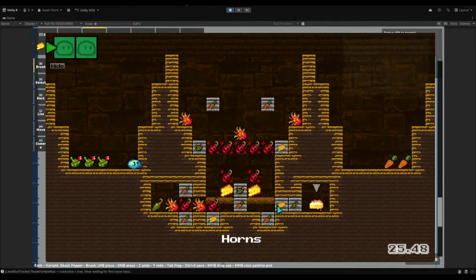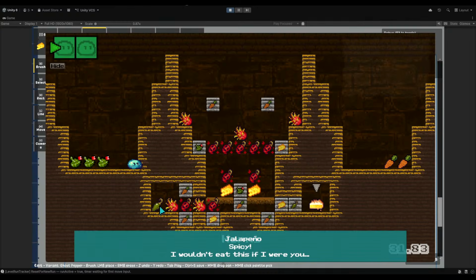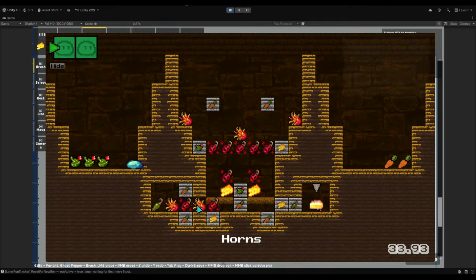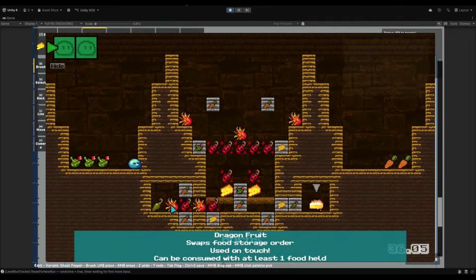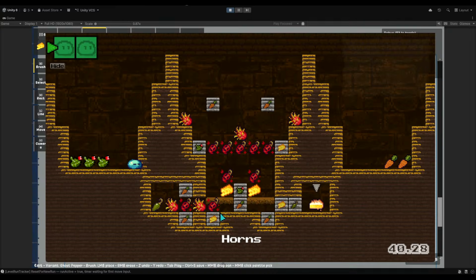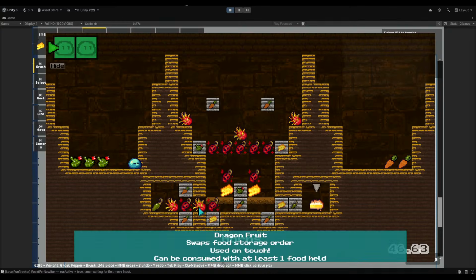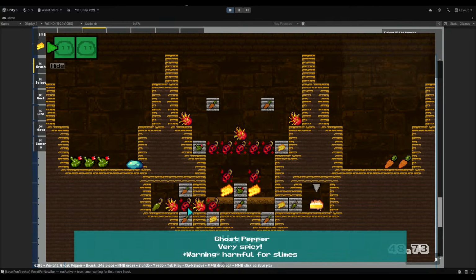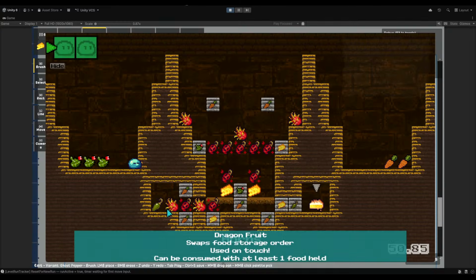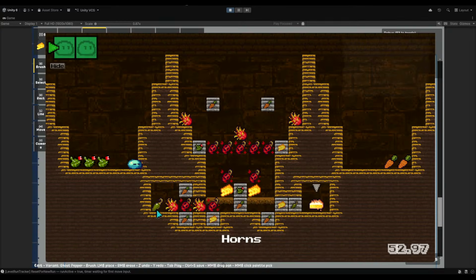You need cheese, then jalapeno. Uh-huh. There's only 2 cheese in the map. There's only 1 jalapeno in the map. To get through here, you need 2 dragon fruit. You can't have 2 cheese because this will get unlocked. So you're gonna need carrot cheese. Right? So carrot cheese, cheese carrot, carrot cheese. Eat the carrot for jalapeno.